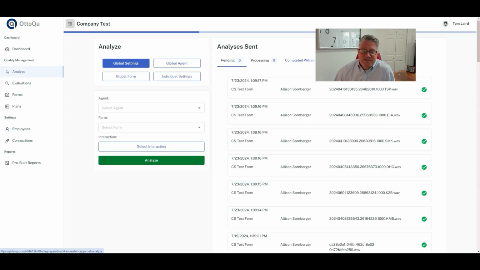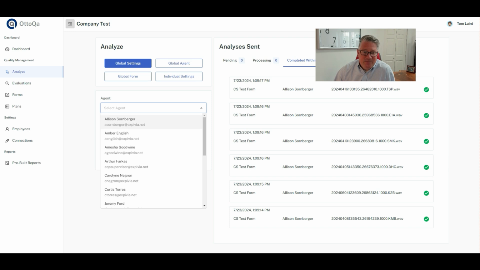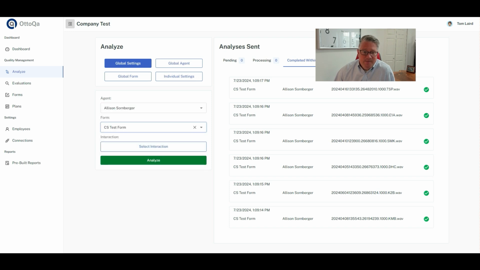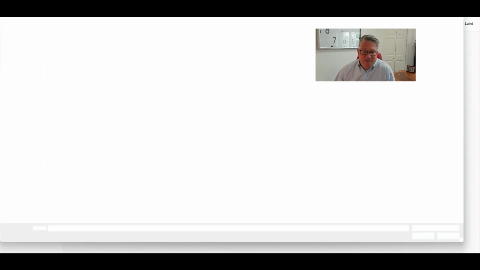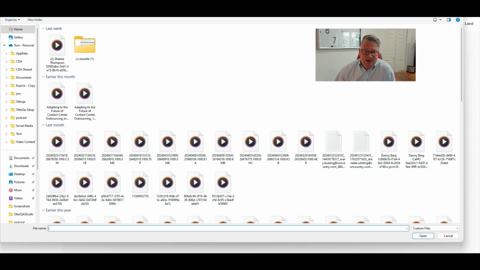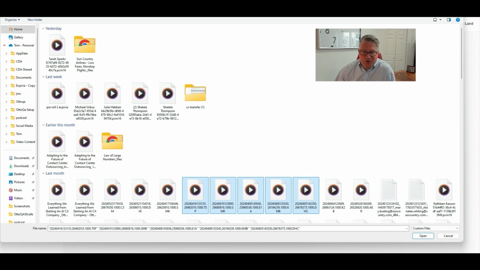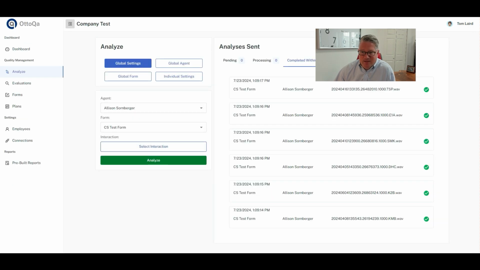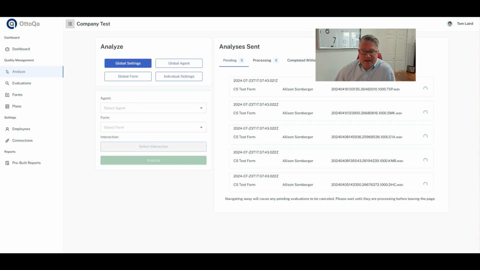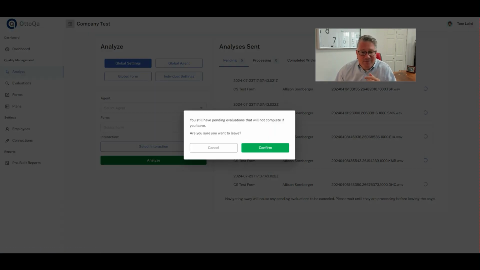So again, we can still go through and we can randomly select calls, right? Or interactions, voice, email, chat, SMS. We can still do all that. You don't have to have this integration to make this work, because every customer we have right now is not using the integration, they're using this, right? They'll just select a bunch of calls. We're doing up to 50 at a time. Click open and then click analyze, and then it's going. So this option is still there, but now,